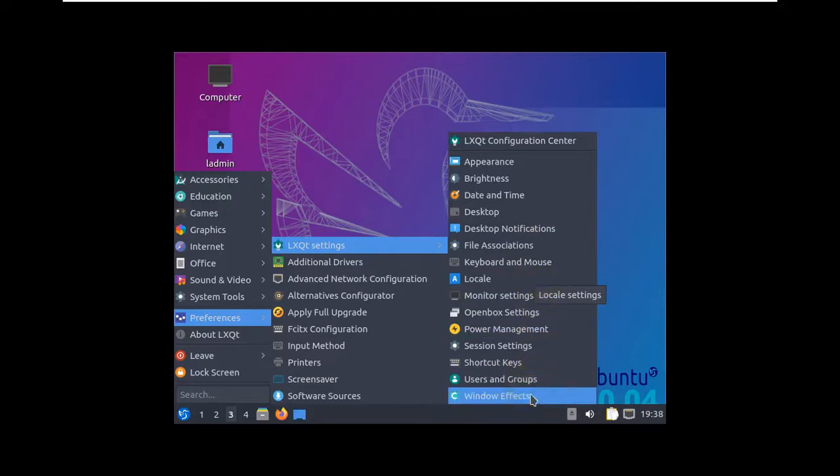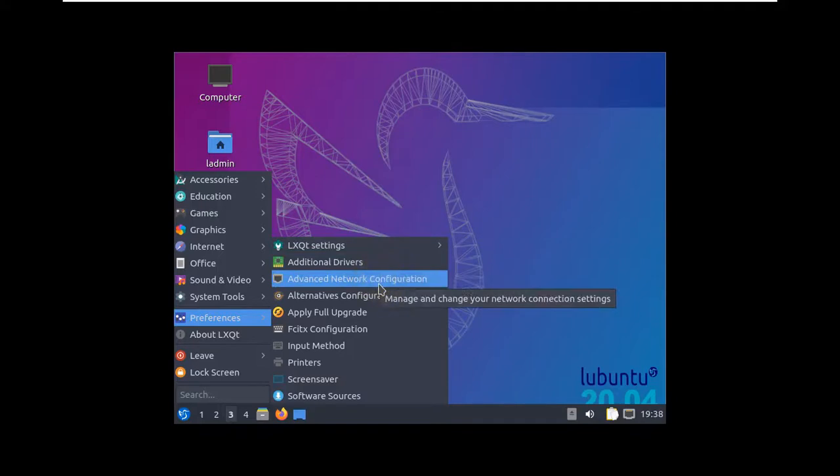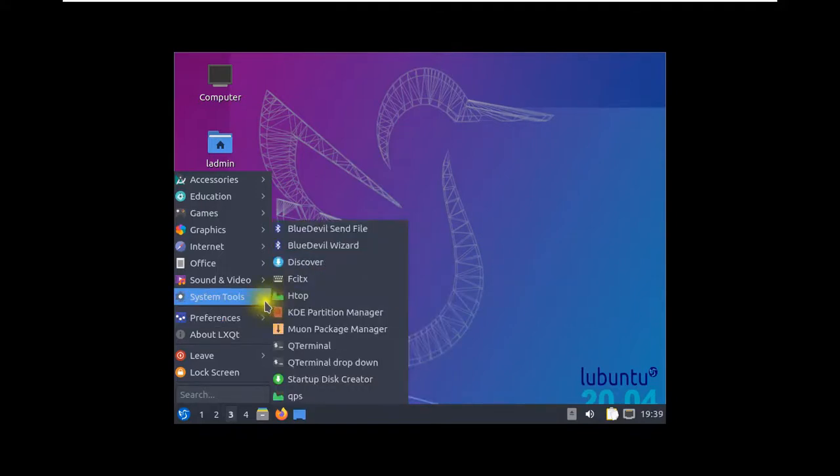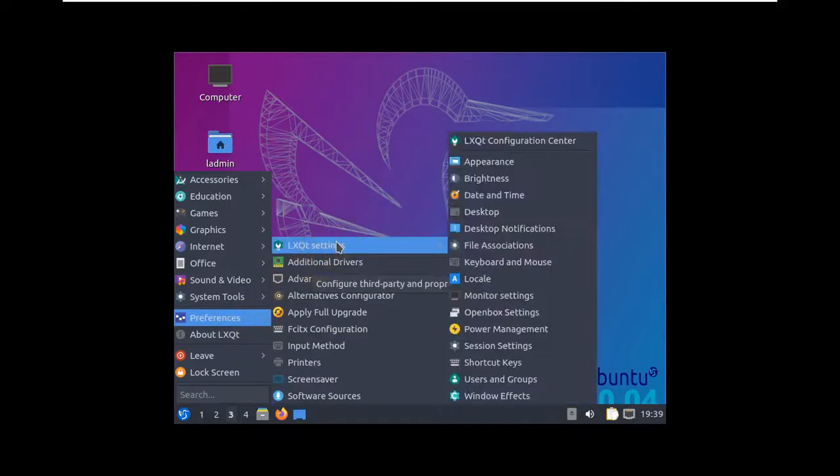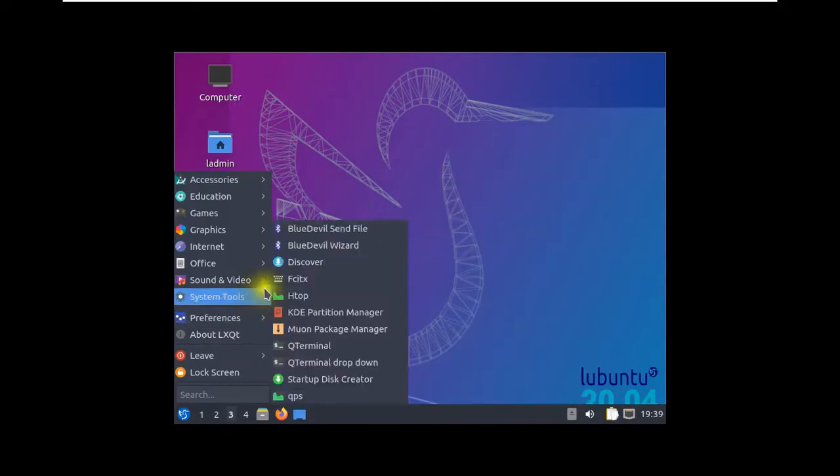A couple of things you can configure from here, and additional drivers and advanced network configuration from here. Okay, you can say you will be getting the complete settings from here. Okay, and system tools like Discover,